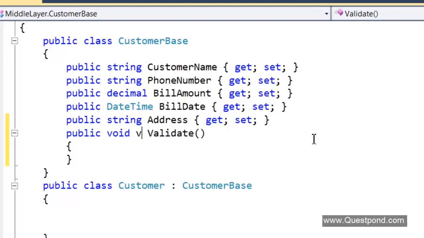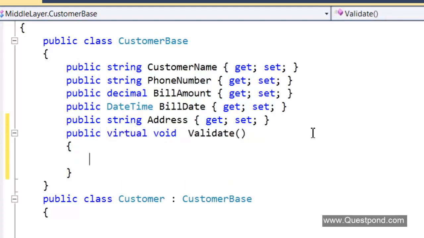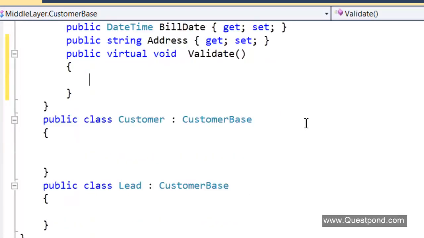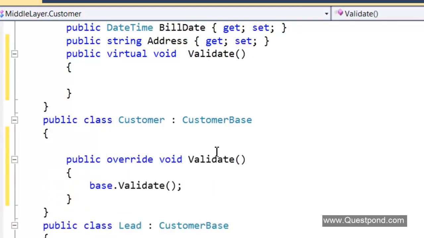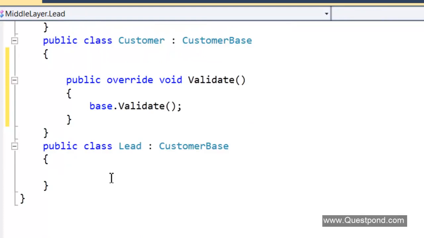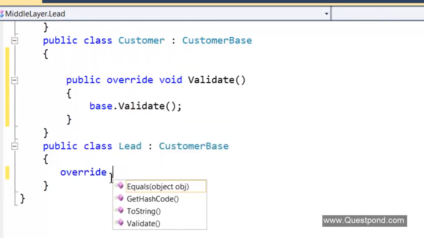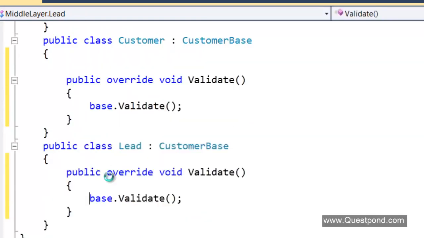So I'm going to make this method virtual. By defining a method as virtual, your child classes, for example the customer class, can override the validate method and put all the validations here, while the lead class will only validate for customer name and phone number.